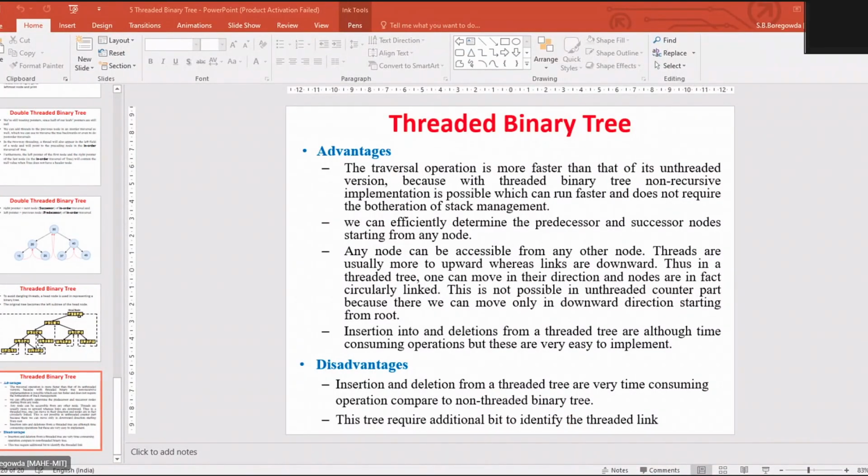Okay, so single rotations are very simple compared to the double rotations. Next, we have a double rotation. So there I have left right and right left rotations. A left right rotation is a combination of left rotation followed by the right rotation, what we studied in the previous slides here.